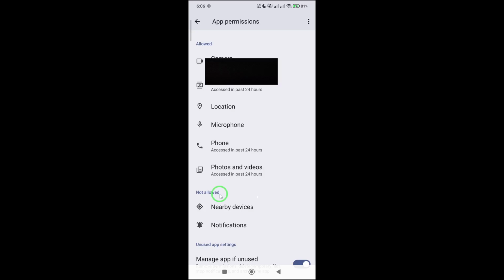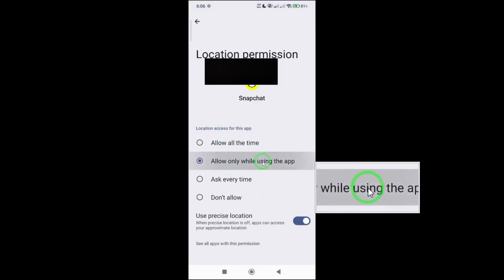Go ahead and tap on Location. This is the setting we want to adjust. You'll now see a few different options. To make sure Snapchat only uses your location when you're actively using it, select Allow Only while using the